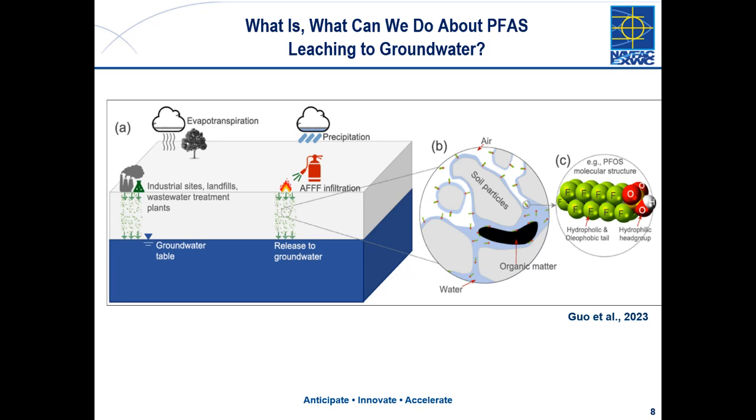Yeah, well, I see there's 3 different scales here. On the left, you've got the figure. There's one fire going on, representing one of these fire training sites. Then you tunnel in, and you're at the pore scale, and you can actually see these little things sticking out. In the vadose zone, the water forms these films around the soil particles, and you can see the PFAS there. And then he says, well, this is one of our big targets, PFOS, and shows the actual chemical itself.